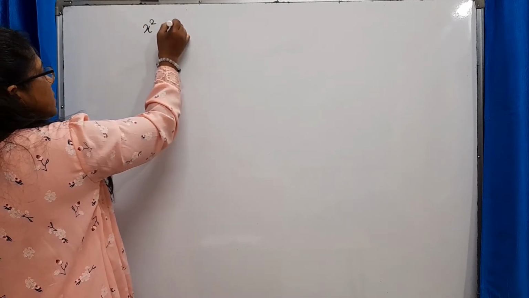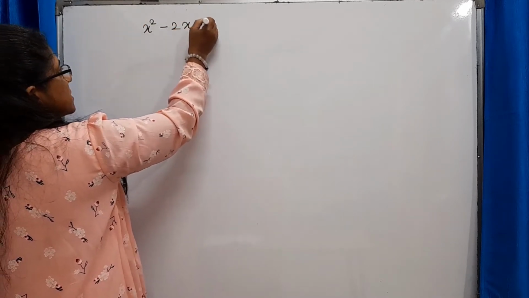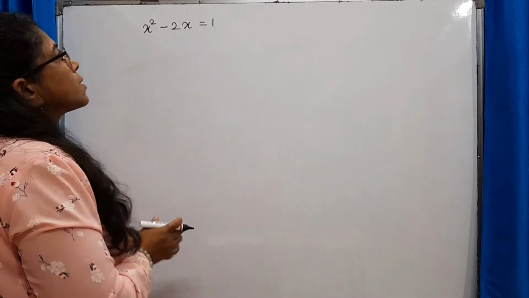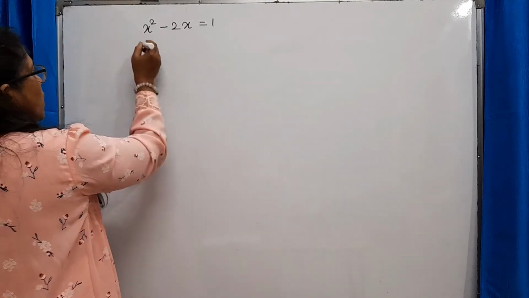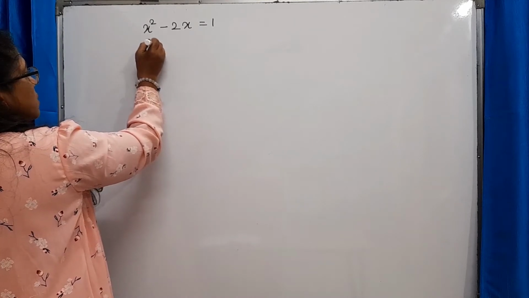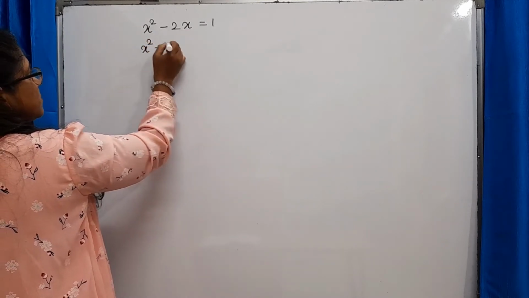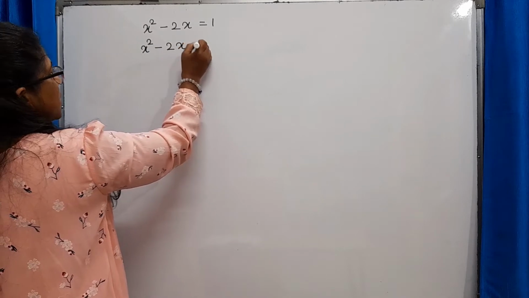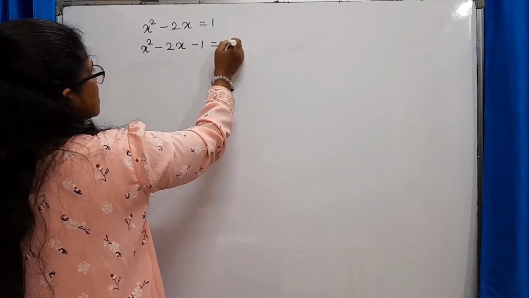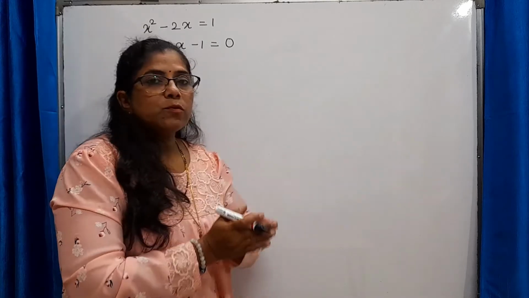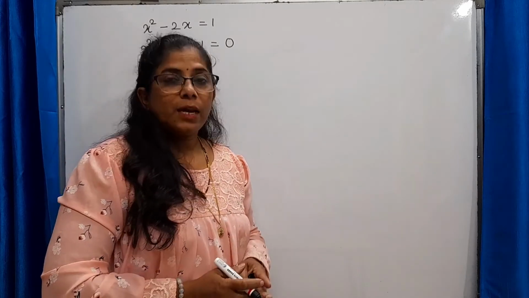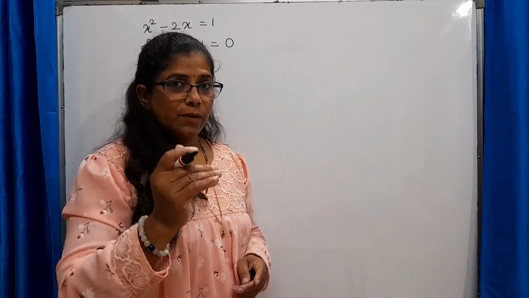x square minus 2x is equal to 1. Okay, x square minus 2x is equal to 1. Let us bring 1 on LHS. x square minus 2x minus 1 is equal to 0. Now the very first thing you have to check here is our value of a,